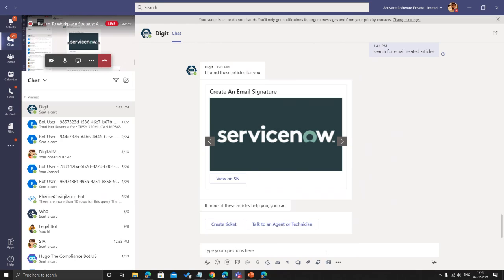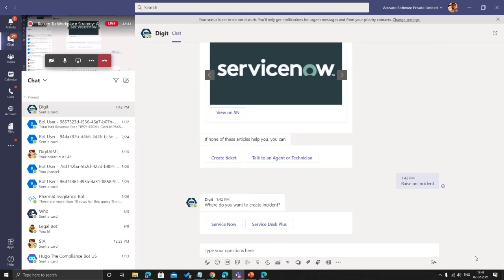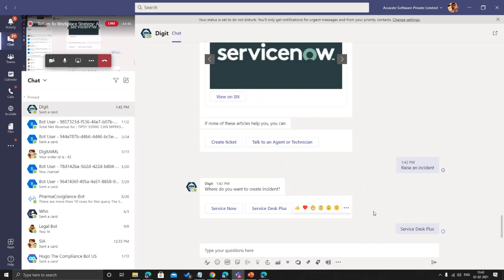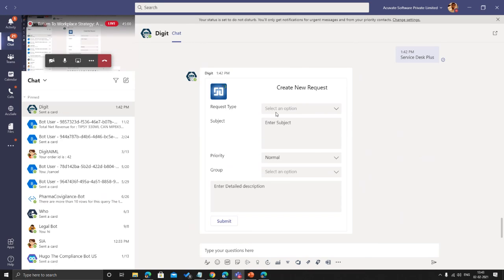So now I can go ahead and say, okay, now you help me create a ticket because I could not do a self-resolution. Or else I could also go ahead and talk to a live service agent, where all of my context and my conversations will be directly transferred to the agent. Now I can go ahead and say create a ticket in Service Desk Plus. And since I have different systems, I can choose a number of systems to create a ticket in. It's going to come back and give me a rich card, where I can just go ahead and